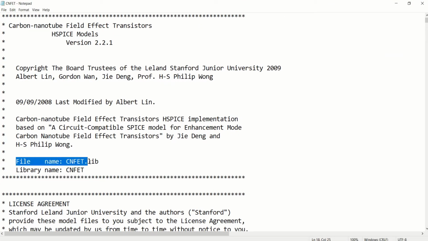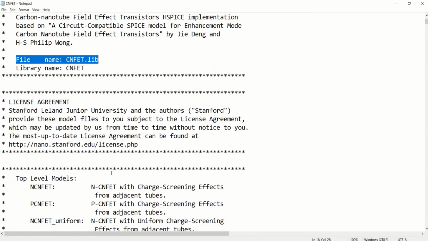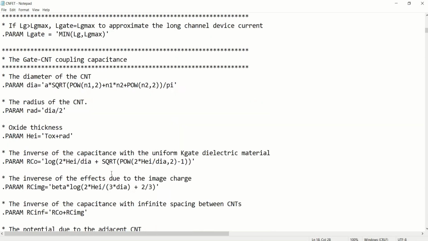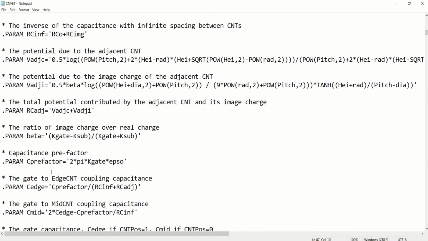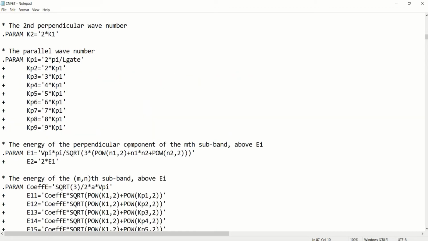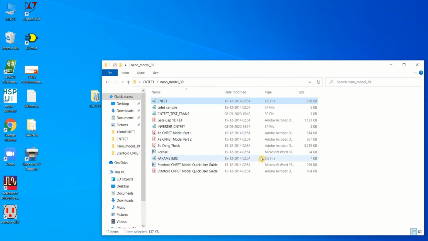The file name is cntfet.lib. This is the library file defined for ncntfet as well as for pcntfet, so both for PMOS and NMOS type transistors.